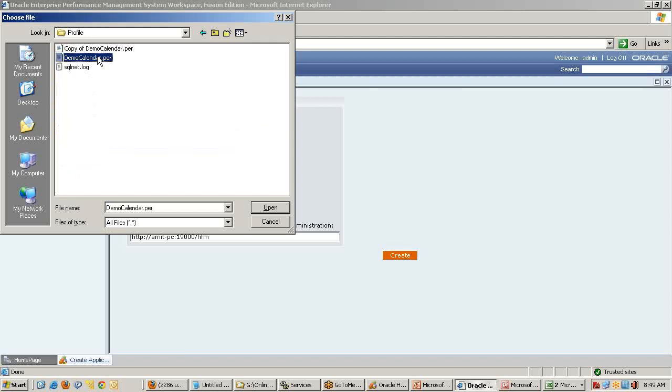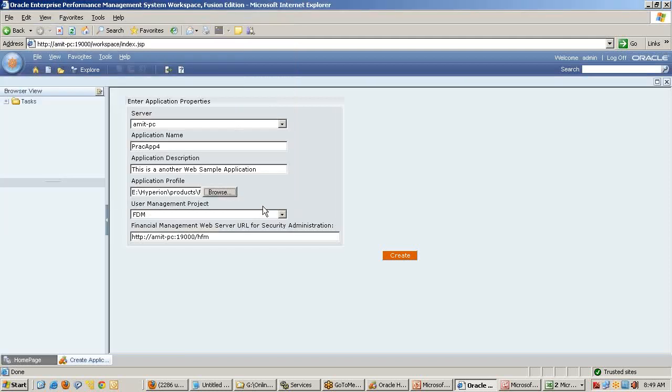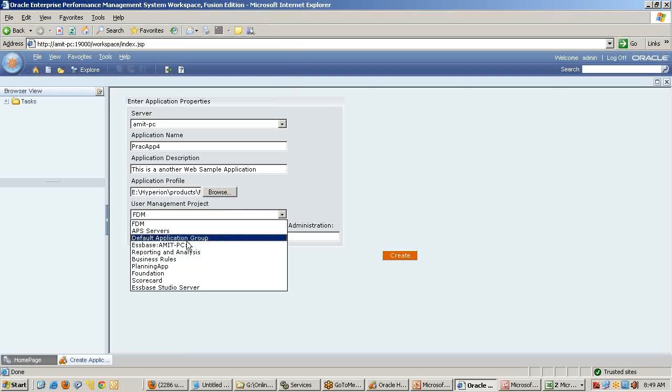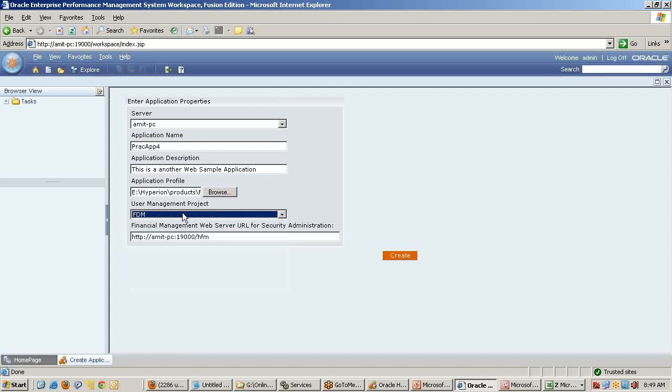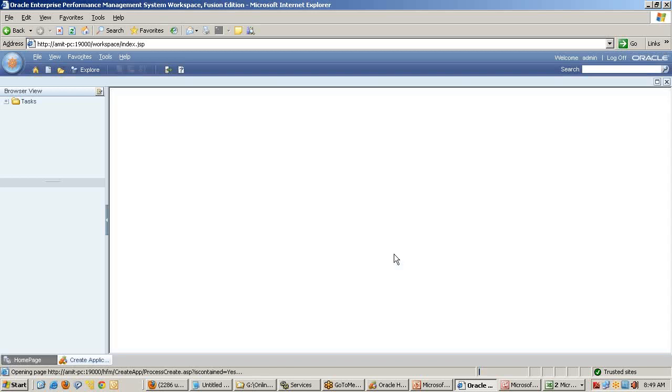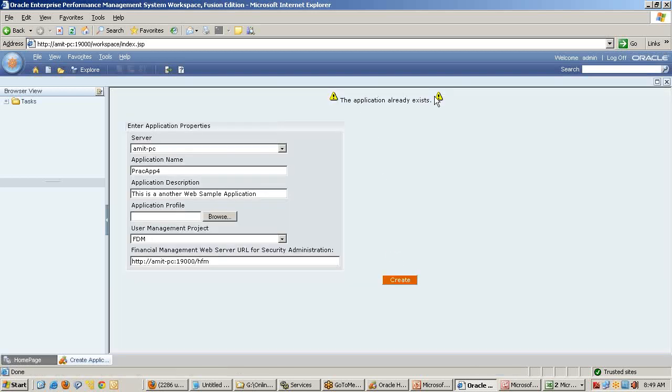The same application profile you can use, the one I used for the desktop client, right? And specify in which folder your application is going to be created, and HFM in shared services and your workspace URL. That's it. Click on create. 4 already exists. We'll make it 5.